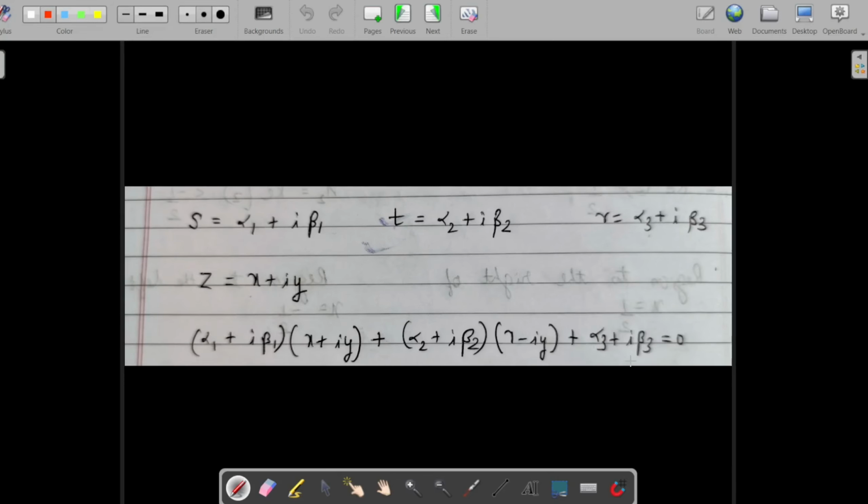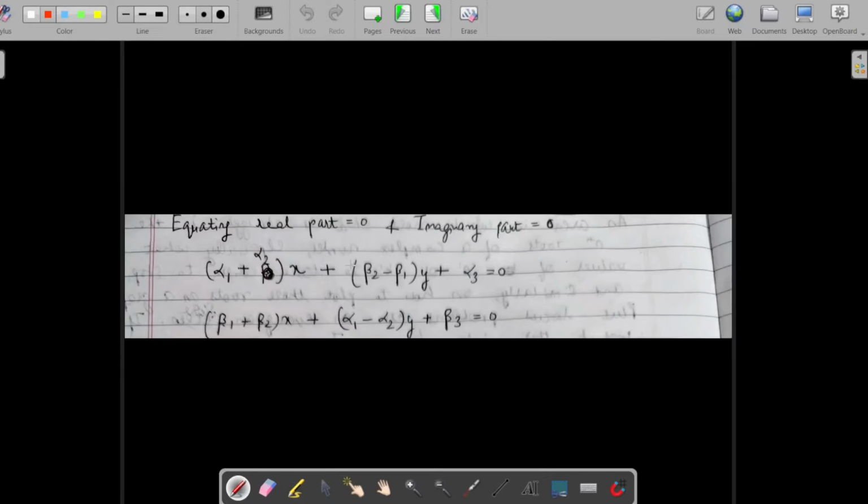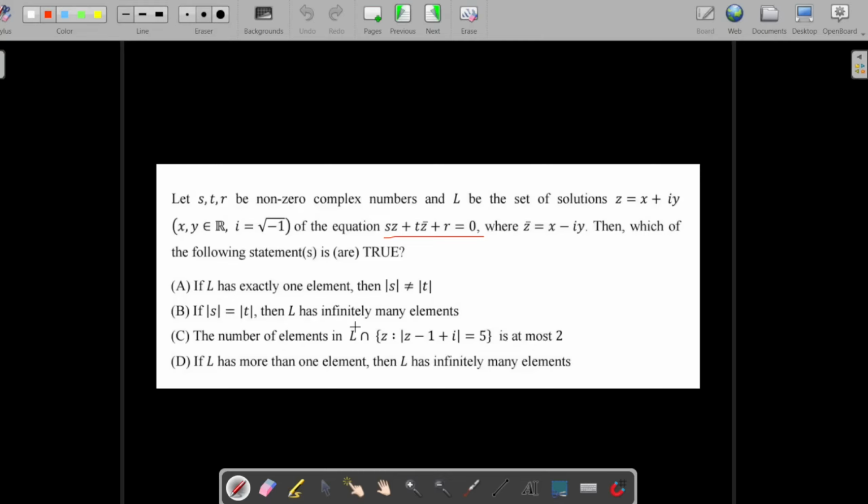Now this is standard form, as in you take the terms together, you compare, you put all the real terms together, all the imaginary terms together, and equate them to zero, because you have zero on the RHS. This is how basic complex numbers proceeds. Like this is how you start this chapter when you solve the basic questions of complex numbers. So exactly like that, you're equating real part and imaginary part, and when you do that, all the constants that we have assumed come together in a very definite form, or let's say in a very specific form. So you have equation of two straight lines, and they have emerged from this equation.